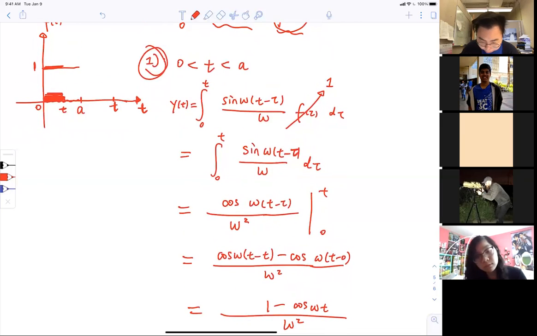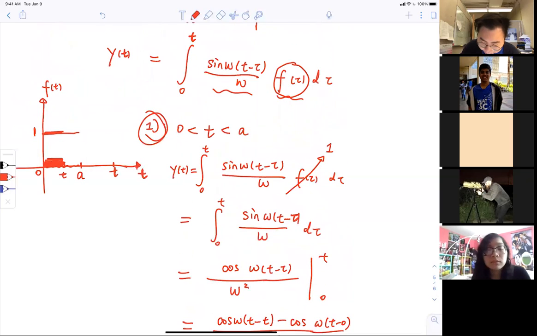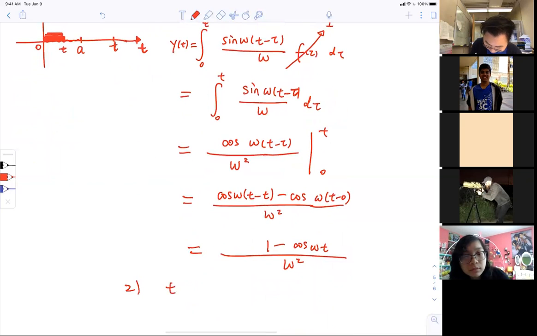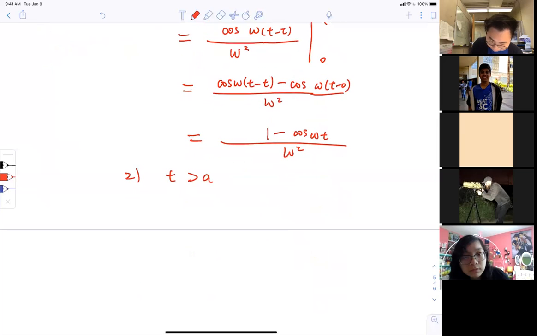Okay, so whenever you do this kind of integral, you always should be careful and be clear what the variable you're integrating over is. In this case, tau is a variable you're integrating over, and t you can regard as a fixed number. So you need to consider two cases: when t is smaller than a, and when t is larger than a. When t is larger than a,